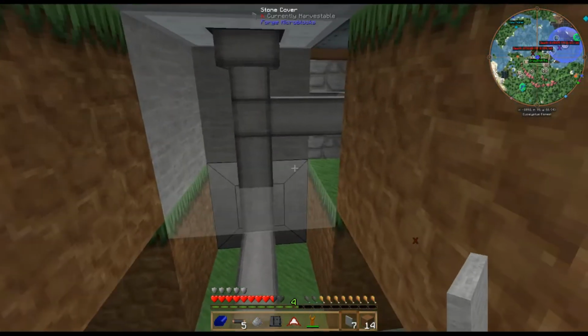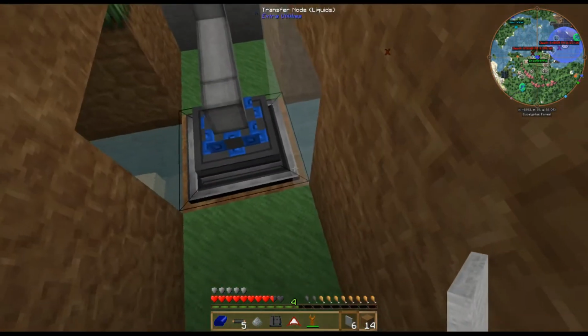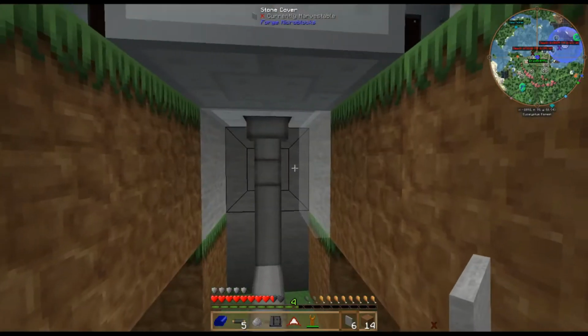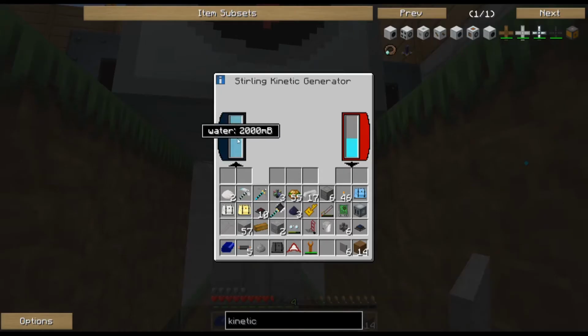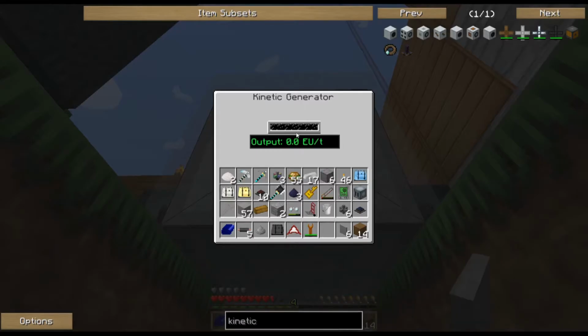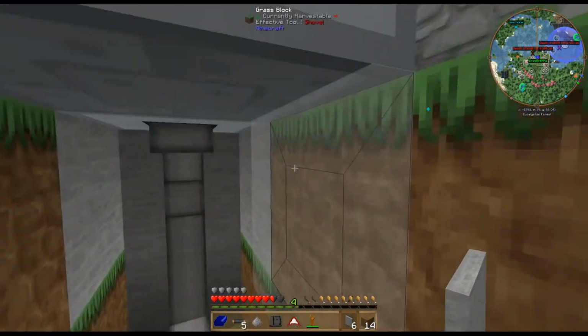Let's disconnect that side, disconnect that side. Alright, so as soon as I break this block here, we should be getting water into here. And then we're making 72 EU a tick, which is phenomenal. But it stopped